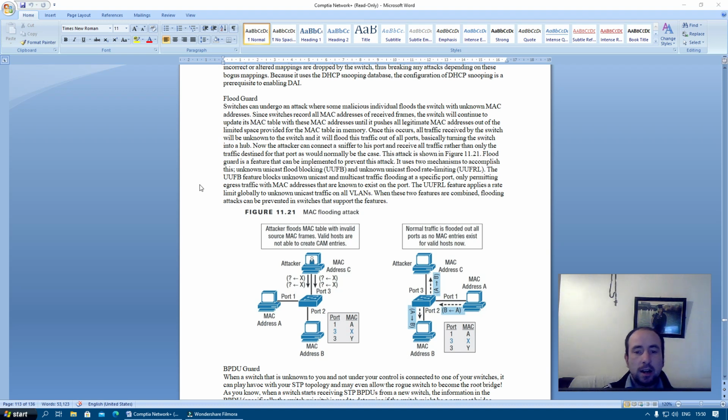Now the attacker can connect a sniffer to his port and receive all traffic rather than only the traffic destined for that port, as would normally be the case. This attack is shown in figure 11.2.1. Floodguard can be implemented to prevent this attack. It uses two mechanisms to accomplish this: